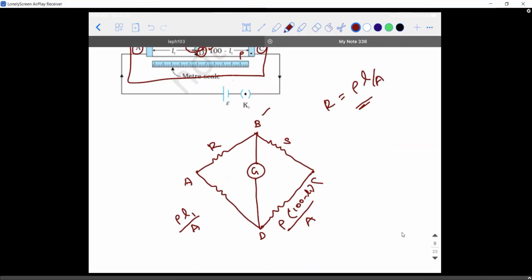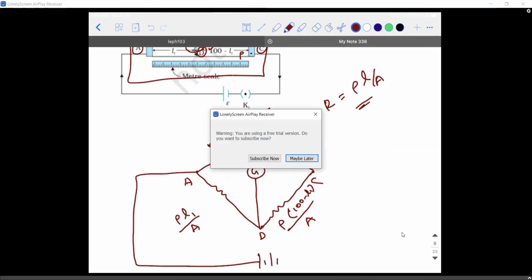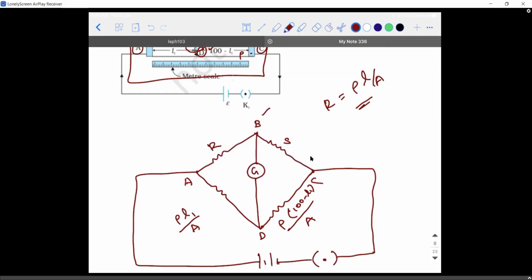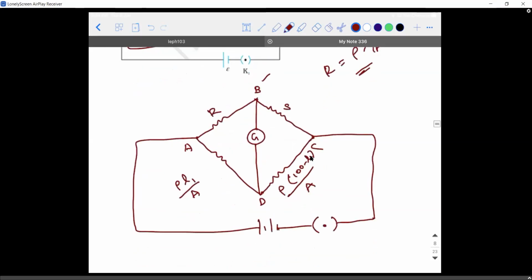Point A is connected to the positive terminal of the cell or the battery, and C is connected across the negative terminal. The only extra element here is a key, because you're doing this as an experiment. It's no more a theory part. If I take this current as I, then what will happen? Is it not looking similar to a Wheatstone bridge? Rather than saying similar to a Wheatstone bridge, it is nothing but a Wheatstone bridge. Guys, am I clear or not? I need some response. Yes, sir. Clear, right?